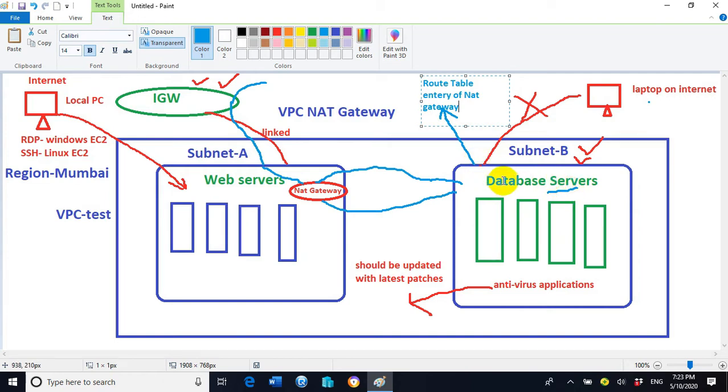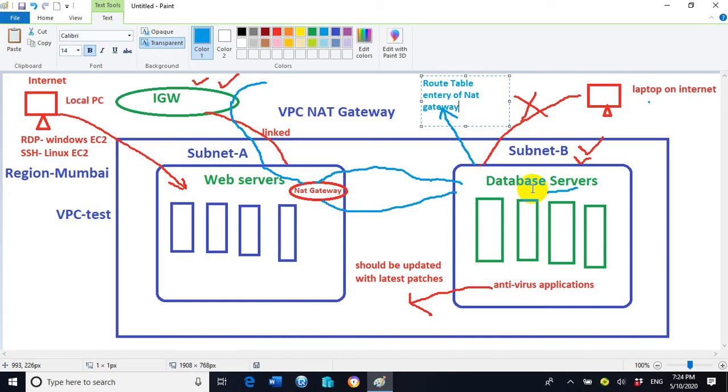So it should be very clear to all of you that through the NAT gateway, the internet can be accessed from these EC2 instances, but these EC2 instances cannot be accessed from the outside.